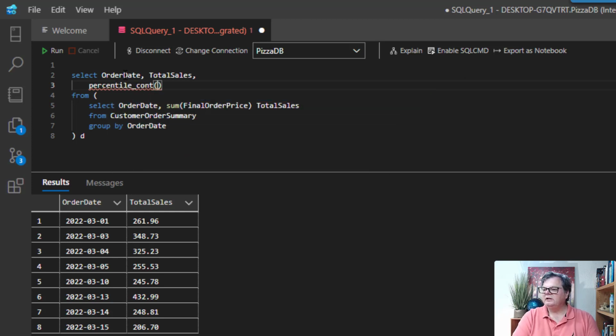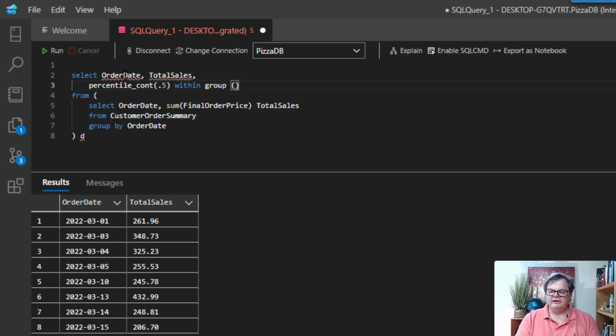And then you can give it what percentile rank, and we want the midpoint, so we're going to use 0.5 because it would be 0 to 1. And then it's a stranger syntax than a normal window function, where you would just say over and go with it. So here you say within group,